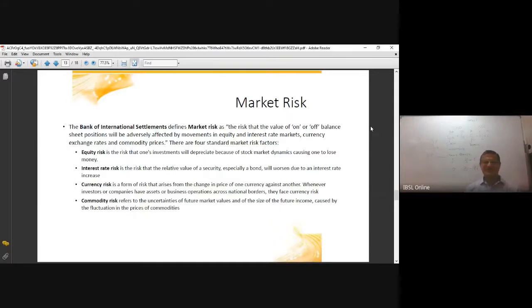So if interest rates go up, what will happen is the market trades at a higher rate, whereas your instrument has a lower one. So if you have to sell that, you can sell only at the rate that is specified, whereas the market demands a higher rate. So then you make a loss.